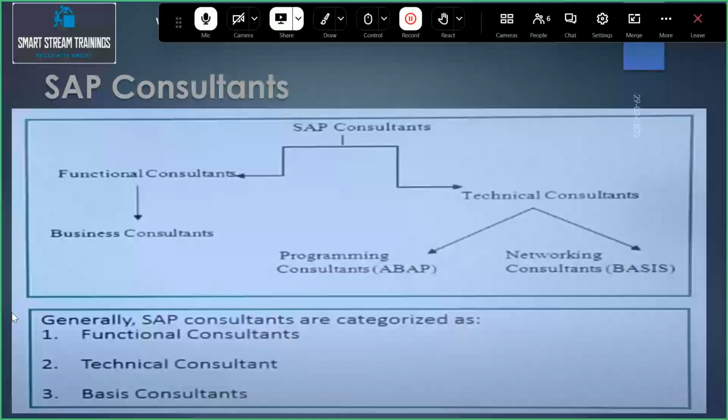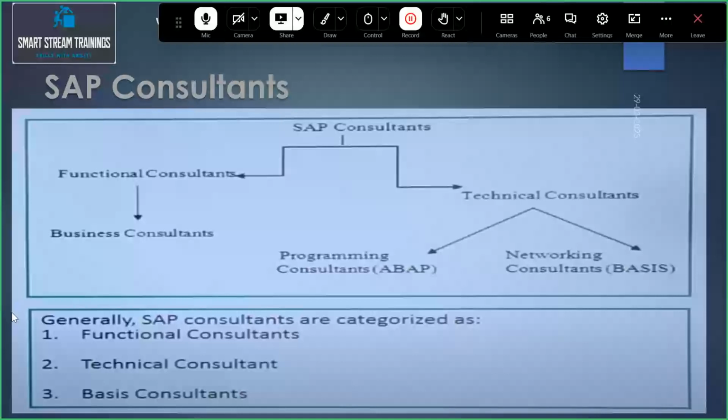If I'm learning SAP MDG and I get a job on SAP MDG, you are the SAP MDG consultant. If you get a job on ABAP, you are the ABAP technical consultant. Or Basis, you are the Basis consultant. SD consultant, SAP SD consultant, or PP consultant. Our designation is decided based on your module.